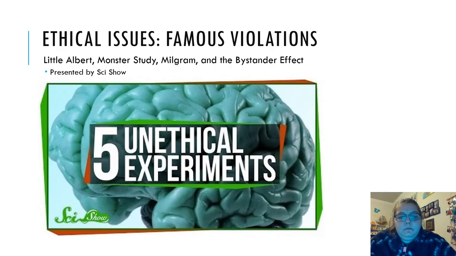Researchers should also make sure that the burdens of the study and the benefits of the results are distributed fairly. In early research studies, for example, the subjects would often be poor, while wealthier patients would benefit from the results of the experiment. And that's not okay. These rules apply to human research in all fields, including psychology. But the code of conduct hasn't always been so clearly defined, and before it was, there were a lot of questionable studies being done. In the year 1920, a psychologist named John Watson wanted to show that humans can be